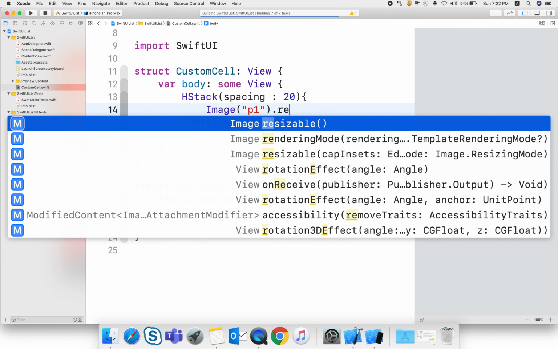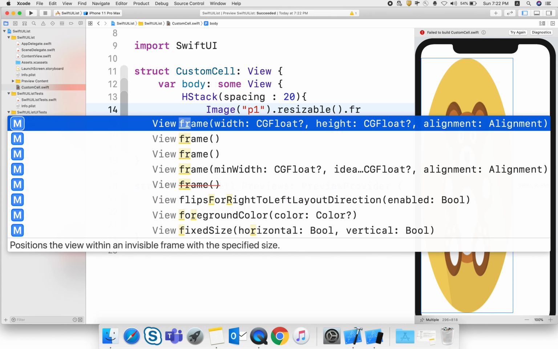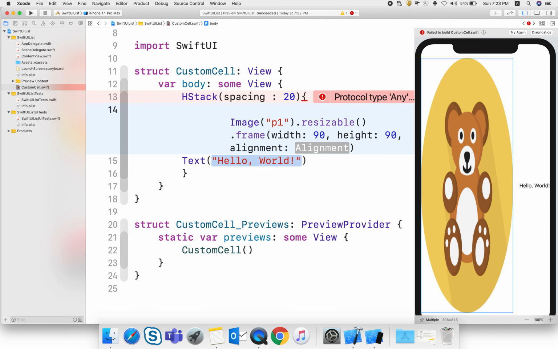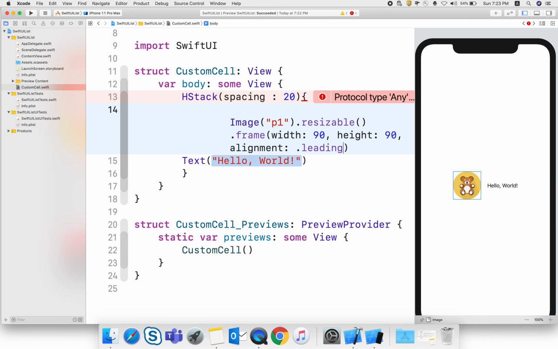Using p1, I need to make it resizable and give it some frame because it is quite big. So make the width 19 and the height also 19, and alignment is leading. And now you can see that our row is ready.